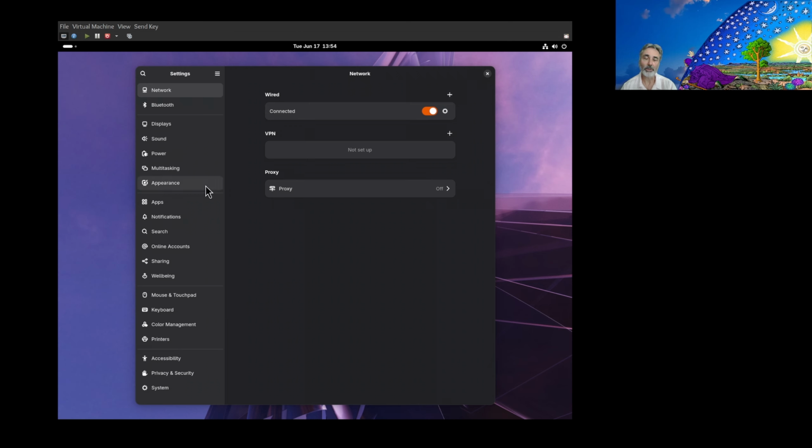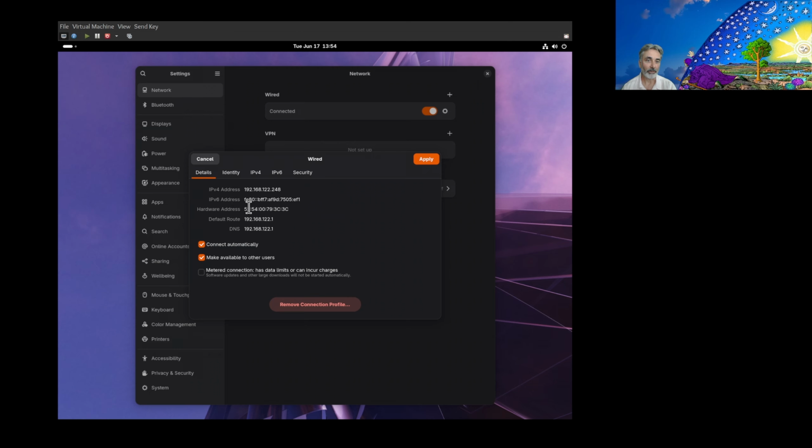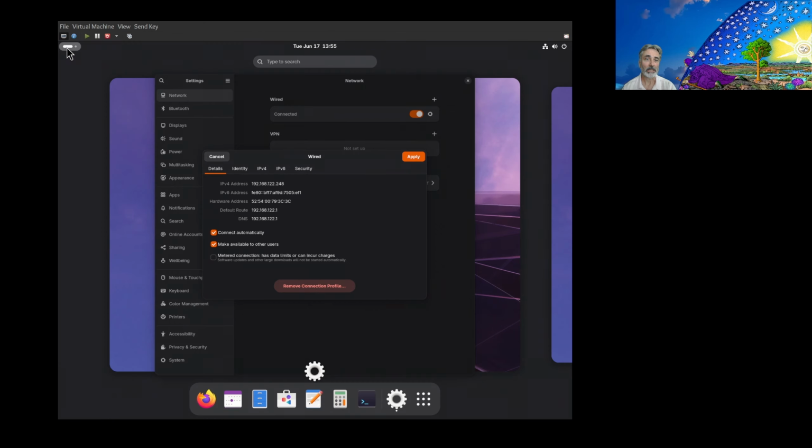I'm not going into nitty-gritty details on every little thing if it doesn't really pertain to you just getting your system going, okay? Here is networking. It's highlighted. It shows that you're connected, and this orange button shows that it's turned on. When you click on the chainring, it gives you a rundown of your IP address and that you've got a route and a DNS. Again, we're not going to go into all that, but when you see this, your network should be working. Another good way that you could test this is click up here on the top left corner,